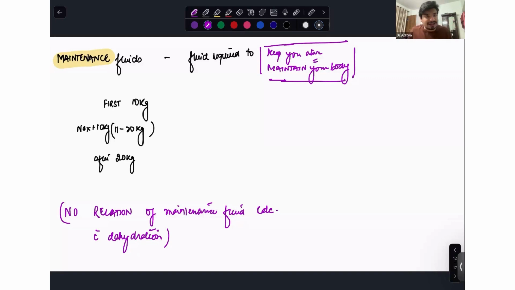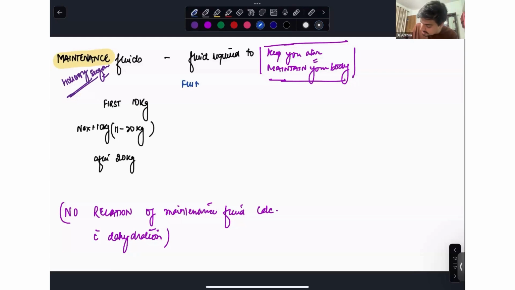Now, how do you calculate this daily maintenance fluid? It is calculated with a formula called Holiday-Segar formula, like some of you talked about. Now, this Holiday-Segar formula says for the first 10 kg, the fluid is taken as